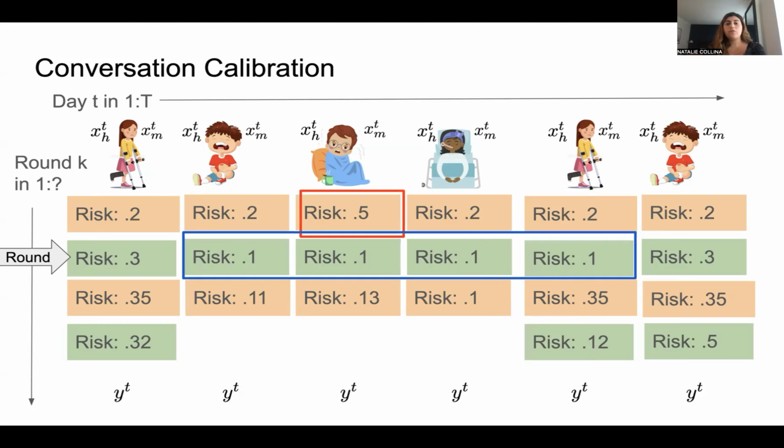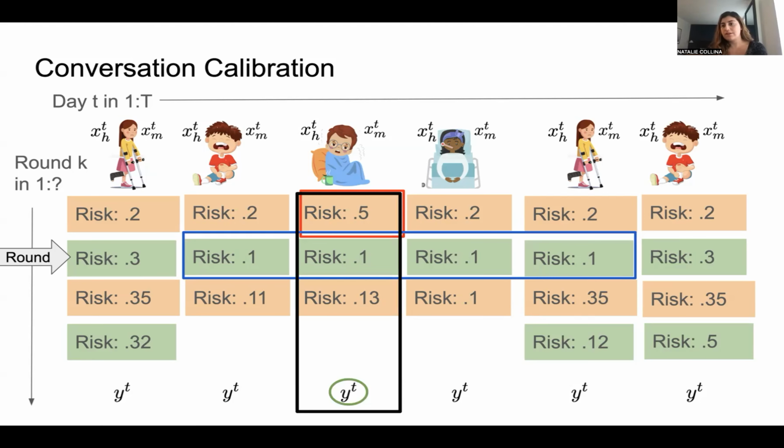Now, we can also look at the intersection of this 0.1 at round two with all the times that the human predicted something close to 0.5 the round before. So here that would be just one day. Though of course, this only makes sense if you have lots of different days. I have a small example here. And so now again, on this subsequence, the average would need to be 0.1 as well.